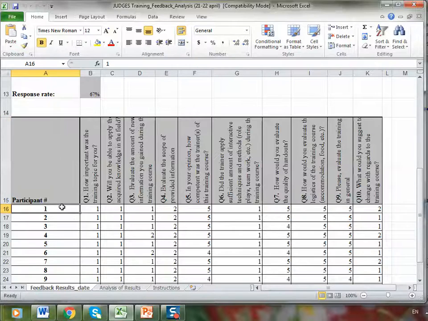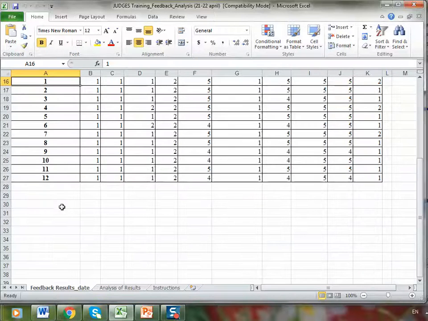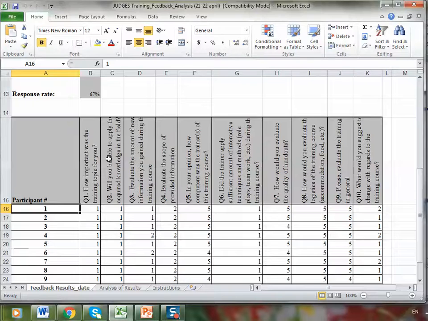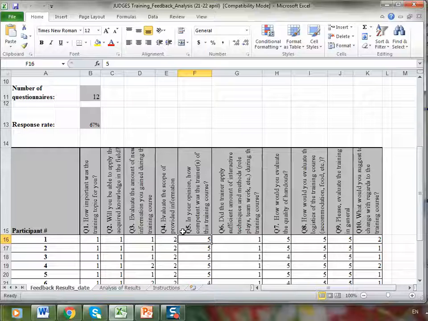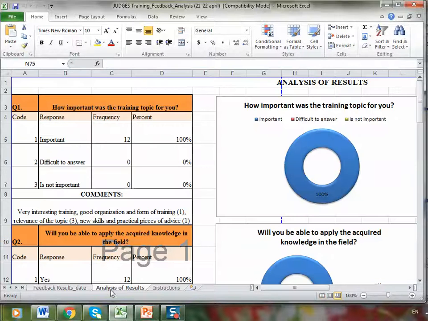And participants enter a coded answer from 1 to 5, with 5 meaning that the answers are pretty good. So let's see the results. Analysis of results. What we have here is question 1: how important was the training topic for